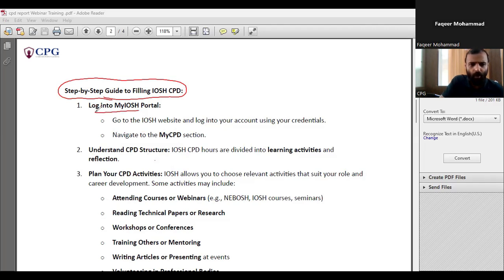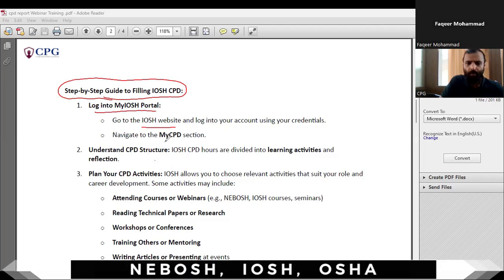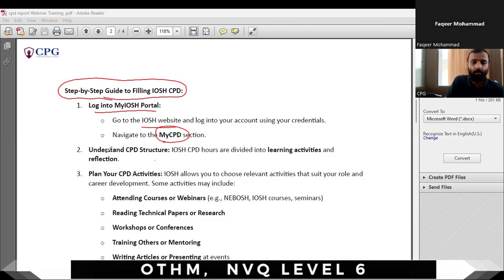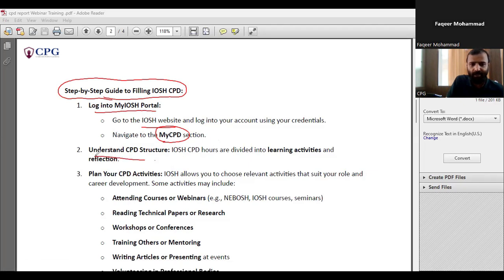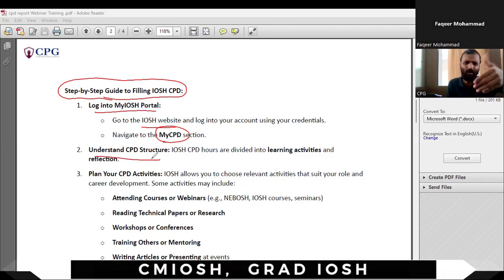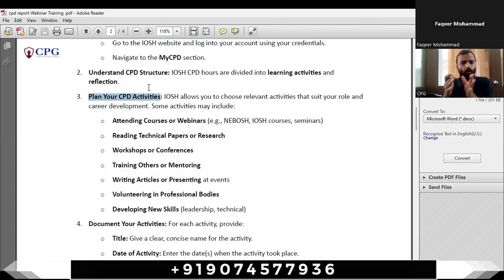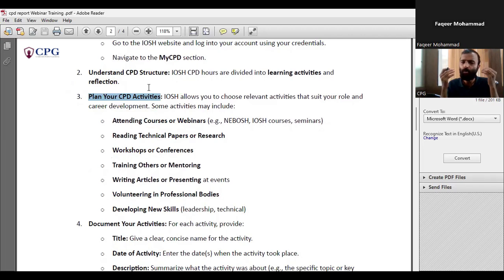So you have to first log in to your IOSH portal. Once you log in, you will get this My CPD section. Then you will understand the structure. These are all self-explanatory. Once you log into the IOSH portal, you have to go to the CPD portal. Once you plan to write your CPD,